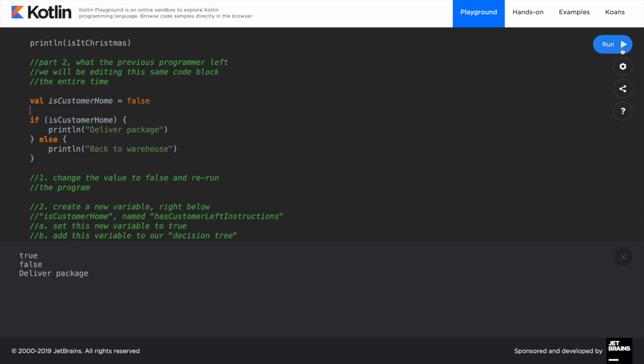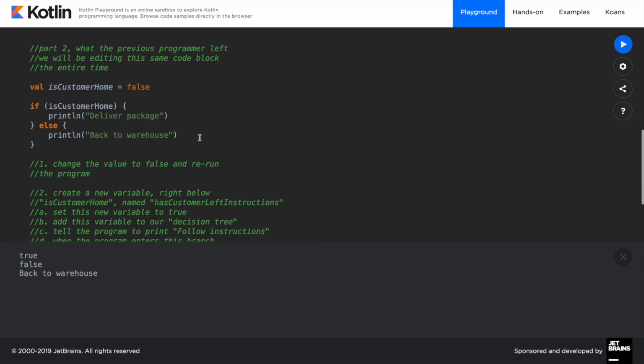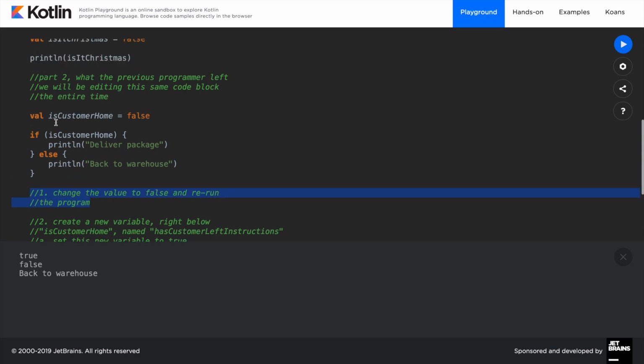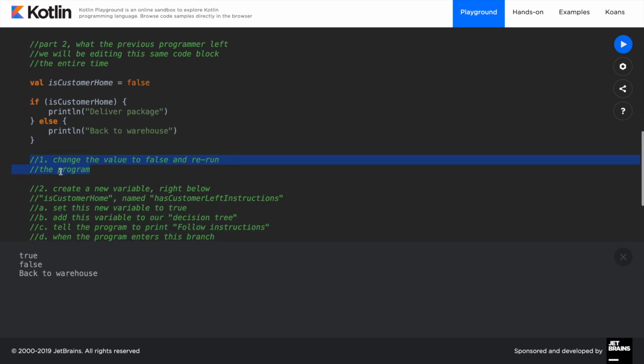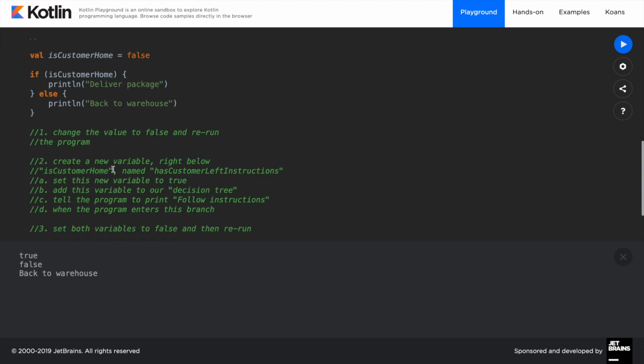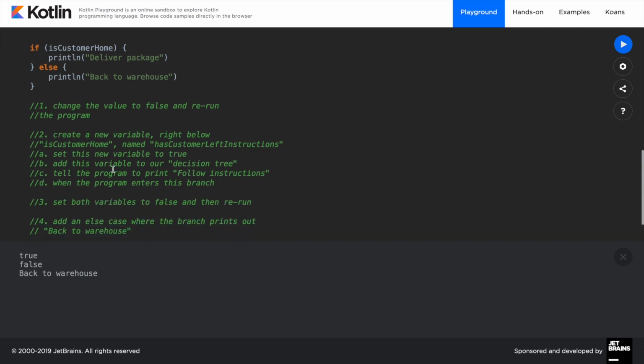We expect back to warehouse to be printed out. Look at that, back to the warehouse. And that was actually part 1 or section 1 of part 2. So good job. All right, so the next section is create a new variable right below is customer home named